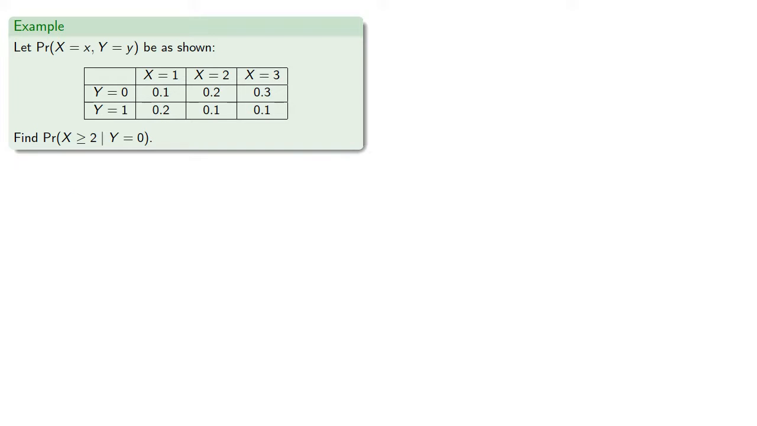So let's go ahead and take a joint distribution and find the probability that x is greater than or equal to 2, given that y is equal to 0. And so we have the compound probability that x is greater than or equal to 2 and y is equal to 0. So that's x equals 2 and y equals 0, and x equals 3, y equals 0. And so that will be